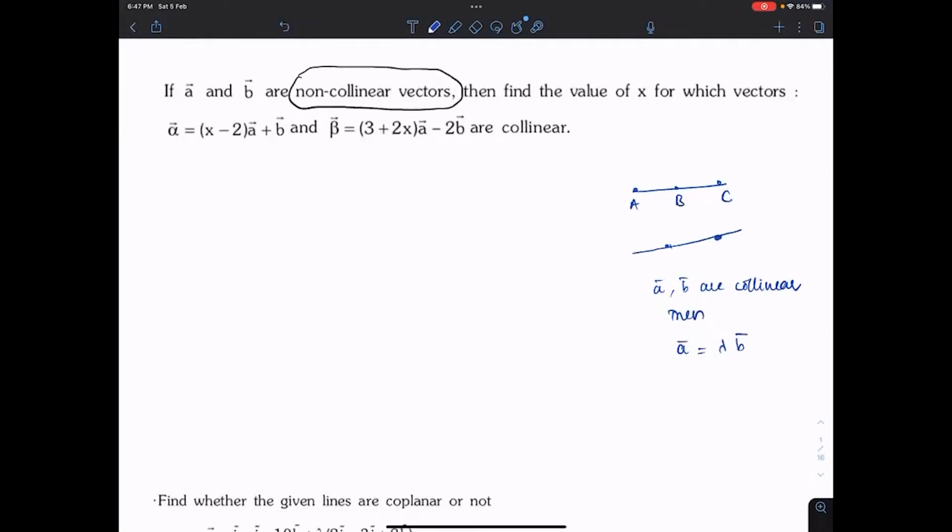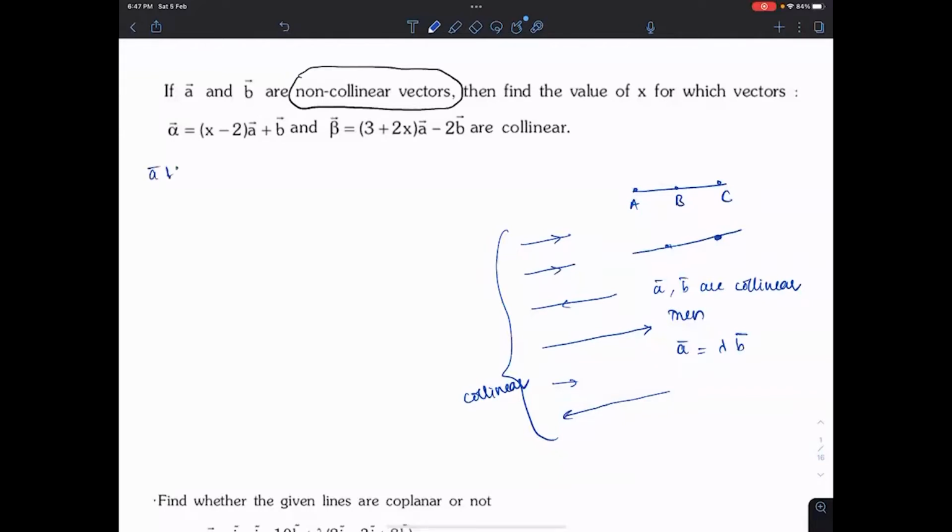Okay. So if 2 vectors are collinear, geometrically, what does it mean? If you have some number of vectors like this, some are larger, some are shorter, some are in the opposite direction also, different lengths. All these vectors we call collinear. Okay. Now the important point in collinearity is, for example, if A bar and B bar are non-collinear